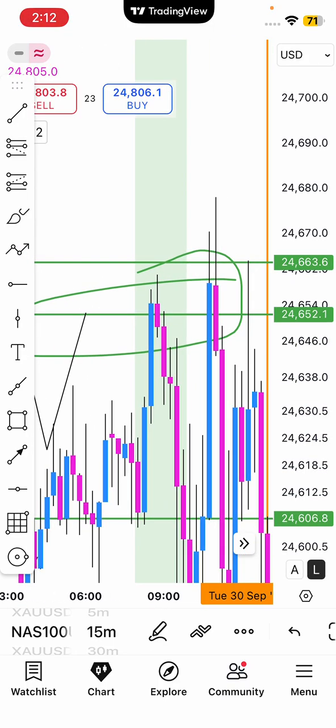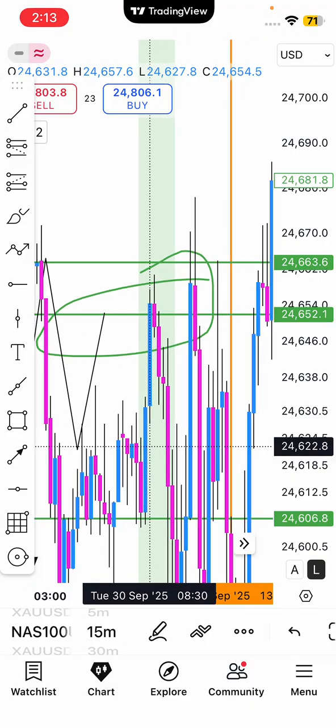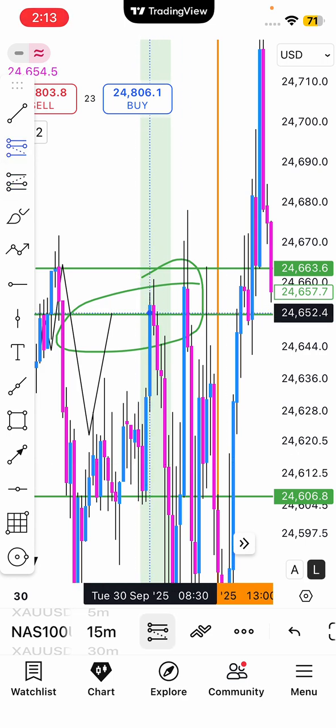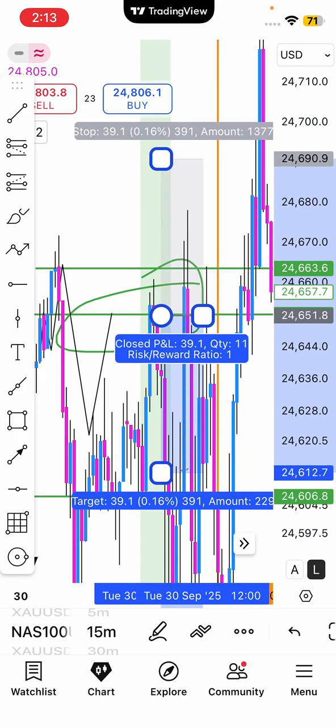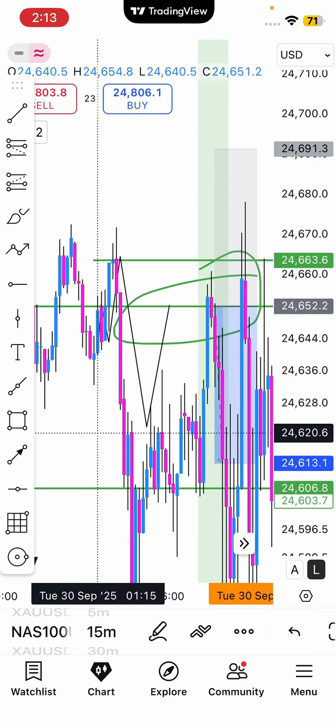So obviously price hit this level and then went down. So this level ended up being valid. I didn't get taken out, I believe. Let me see. My entry was at 9 o'clock, so this is the 9 o'clock candle because I don't trade at 8 o'clock for NAS,